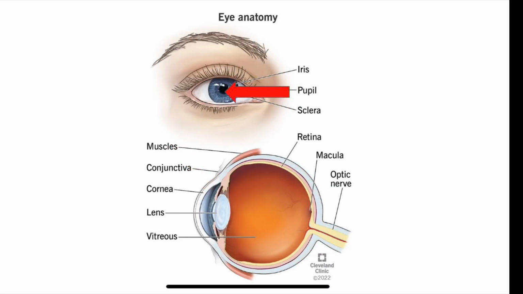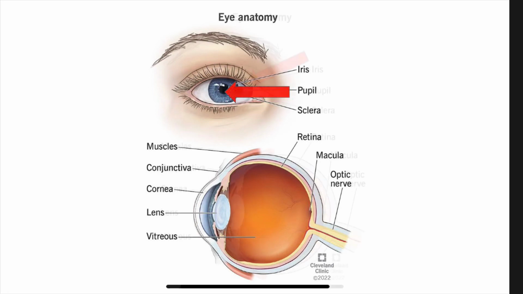Next is the pupil, which is located behind the cornea, and it's the black hole in the center of our iris, which is the colored portion of our eye. It also allows light to let in, but it also controls it at the same time, since it controls the amount of light that reaches the back of our eye, and its diameter decreases or increases depending on the amount of light that comes in. For example, in brighter lights, our pupil will constrict or narrow, and in low light situations, our pupil will tend